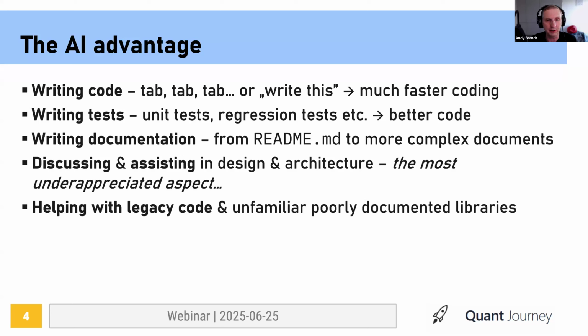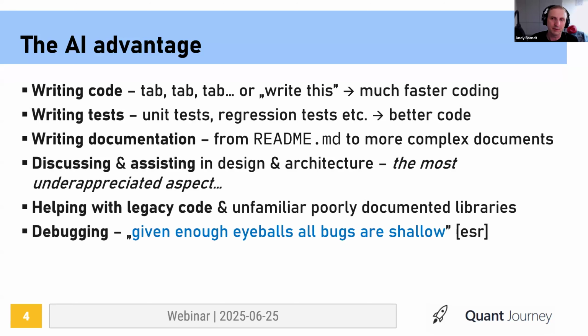And this is a great way to, for example, find out in a poorly documented open source library what's going on and how to actually use it without having to go layer by layer. In one such instance, it took me 5 to 10 minutes to get to the understanding level that I needed. And I reckon it would have taken 2 to 3 hours before. So it's a considerable saving of time.